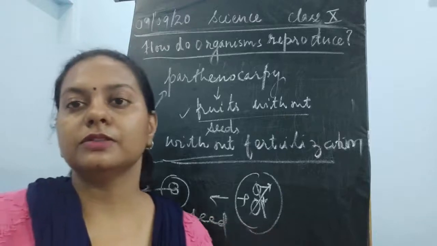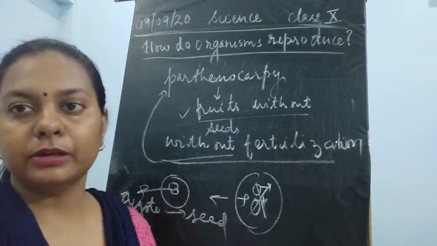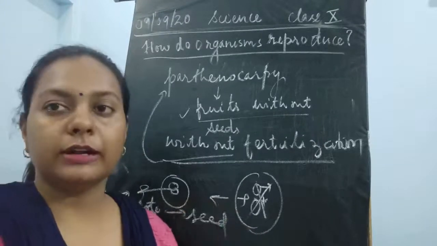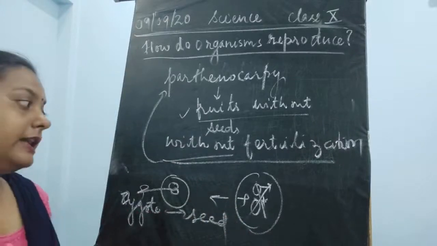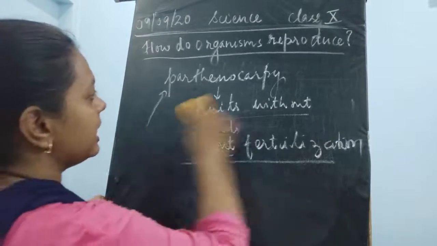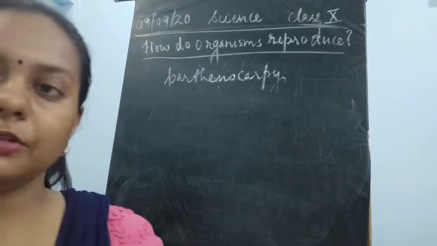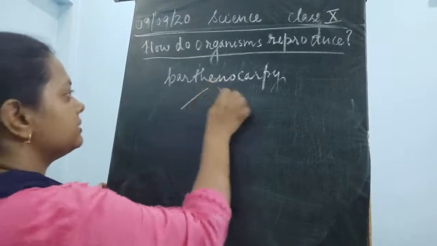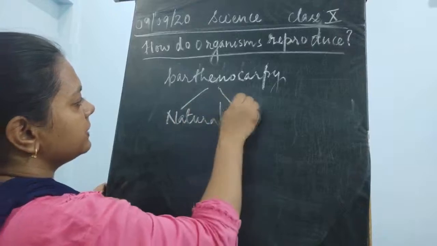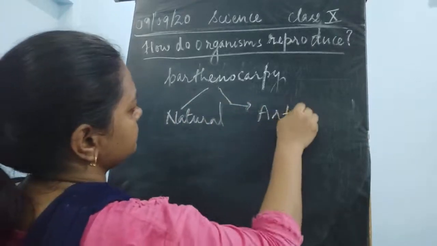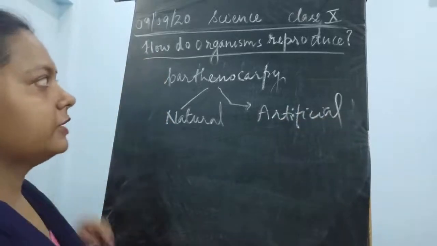But if the ovary is forming fruit, it means that it should contain seed. However, the fertilized ovule is only said to be a seed afterwards. So if fertilization does not take place, the fruit would develop, but it is not going to have seed inside it. This takes place naturally, as well as artificially. In nature also, we can see certain fruits. So there could be a natural way as well as an artificial way of developing these parthenocarpic fruits.